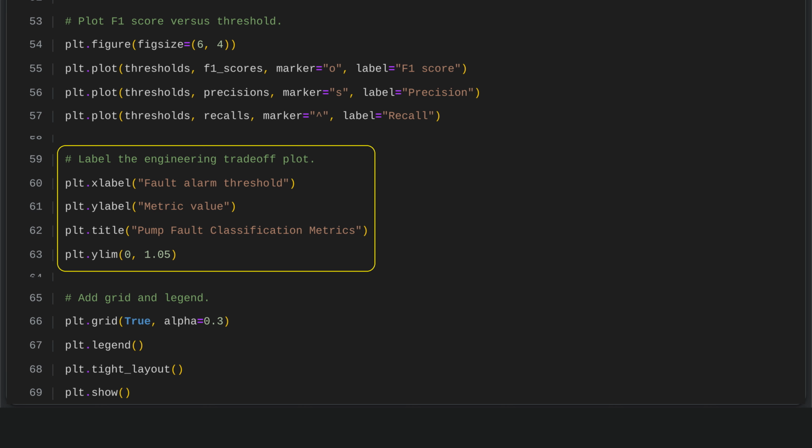The plot is labeled to show how pump fault classification metrics change across different alarm thresholds. The x-axis represents the fault alarm threshold, while the y-axis shows the metric values for precision, recall, and F1 score. A clear title identifies the plot, and the y-axis range is set from 0 to just above 1, so all